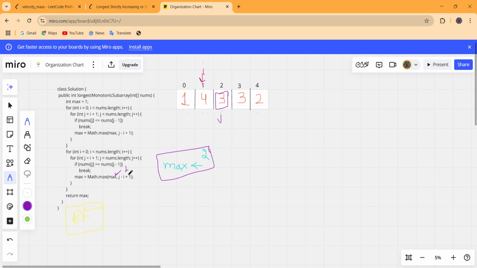and j minus i plus 1, that means j is 2, i is 1, plus 1. Maximum of 2 comma 2 is 2 only. So again max will contain the value 2 as the maximum subarray length, that is either strictly decreasing or strictly increasing. Now j is again incremented. j will now point to this,